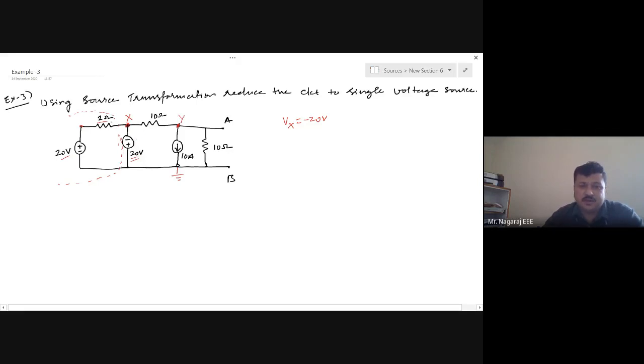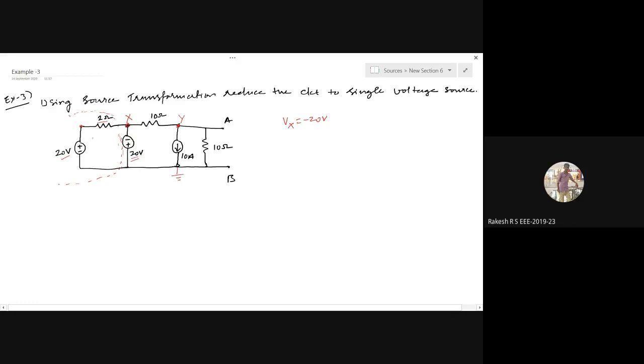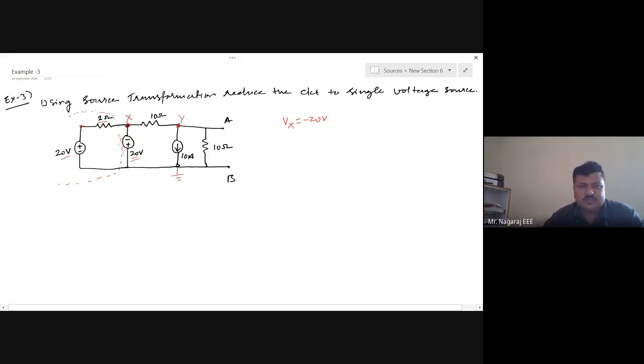Now if I take this 20 volt 2 ohm as a redundant branch and take it out of the circuit, then after doing that, 20 volts and 10 ohms will come in series. If I neglect 2 ohm and 20 volts, then only 20 volt and 10 ohms will remain in the circuit, and then 20 volts and 10 ohms will be in series. But not now, because I haven't neglected 20 volt and 2 ohm yet. But is the concept clear? Yes, sir. Why does this 20 volt and 2 ohm have no effect on this X?